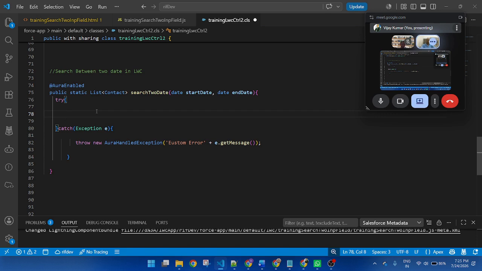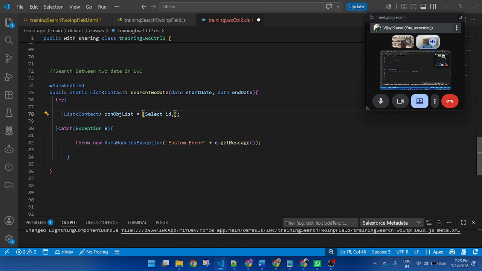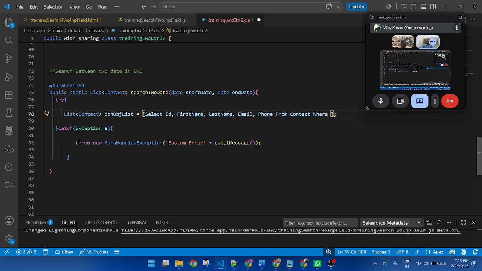So let's write a SQL query for the list of the contacts. Select Id, FirstName, LastName, Email, Phone from Contact where